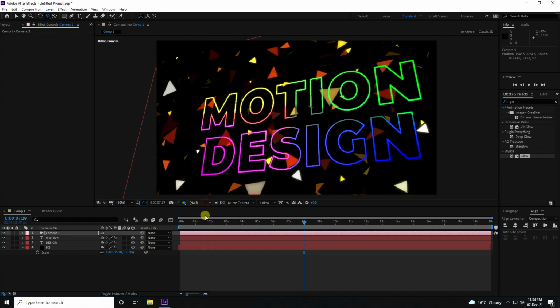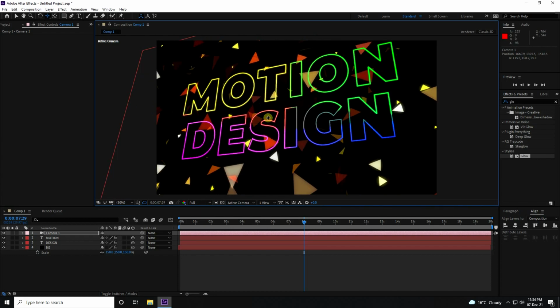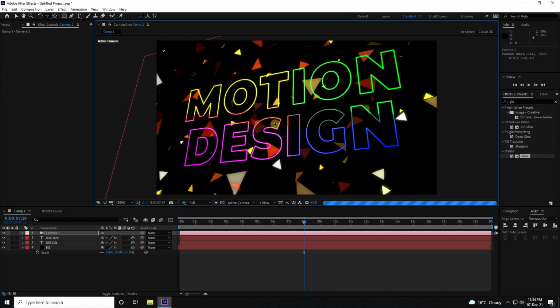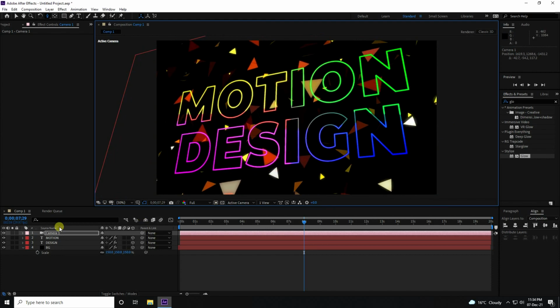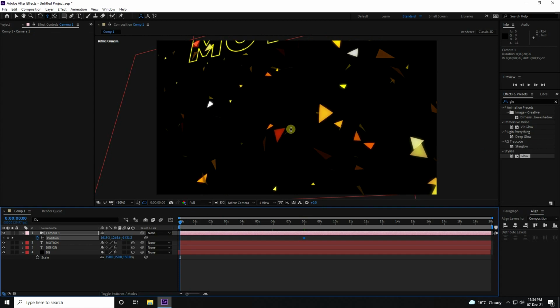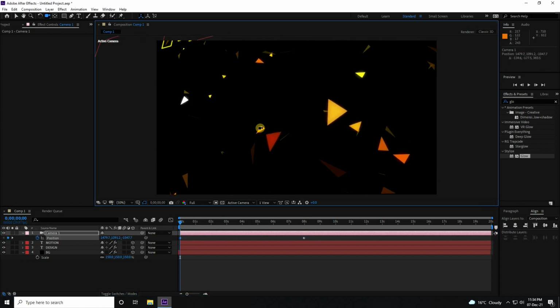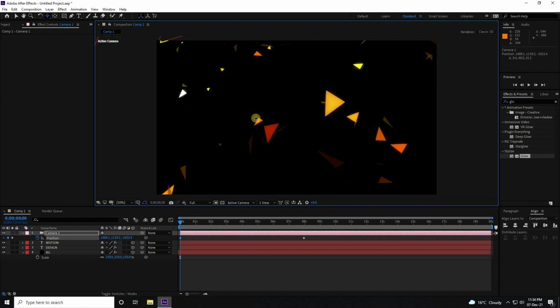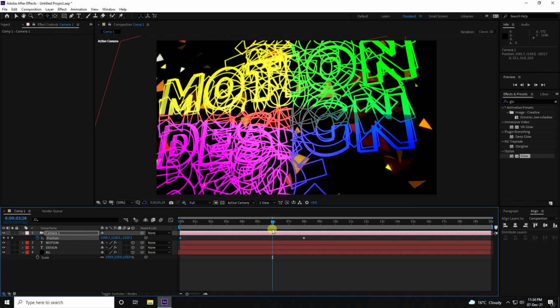That's a really smooth effect. Set your camera angle depending on your work, so closer. Select this camera and check position. Go here and increase the camera a little bit, and up.